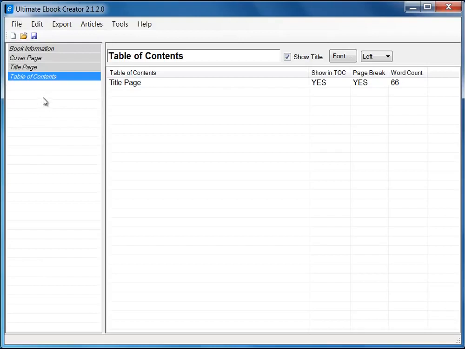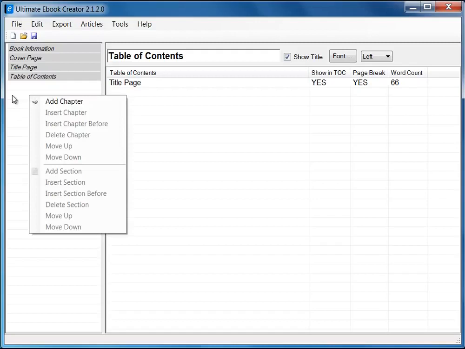Okay, and one more terminology you need to know is that a chapter is created as a main chapter, and then underneath the chapter we have what I call a section. Okay, so basically we can create a 2-level deep content that will show up as 2 levels in the table of contents. So the concept is we add a chapter, and then under that chapter we can add multiple sections. So you can add as many sections as you want under a chapter, okay, and you can add as many